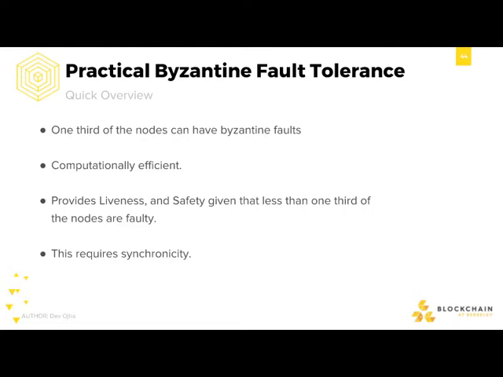And then for PBFT, I'm going to abbreviate it because the name's really long. It provides safety and liveness given that a third of the nodes aren't faulty, and it has to be synchronous. As Alex was talking about earlier, we have a theorem that says if it's asynchronous, this is basically impossible to achieve. So first I'm going to talk about how as a client you're going to interact with the algorithm. First, you're only going to talk to one node in the beginning, because if you try to message the whole network, that causes a lot of network lag on your part.